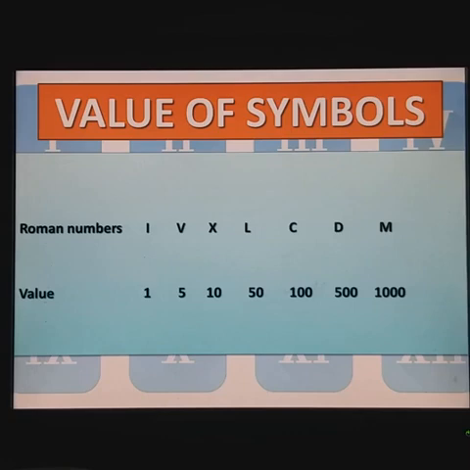There is a similarity between these values. 1 and 5 are repeated with the number of 0s increasing. For example, I stands for 1 and V stands for 5. Then X and L, a 0 is added to 1 and 5 and it becomes 10 and 50. C and D, 2 zeros are added with 1 and 5 and it becomes 100 and 500. And last M, 3 zeros are added with 1 and it becomes 1000.